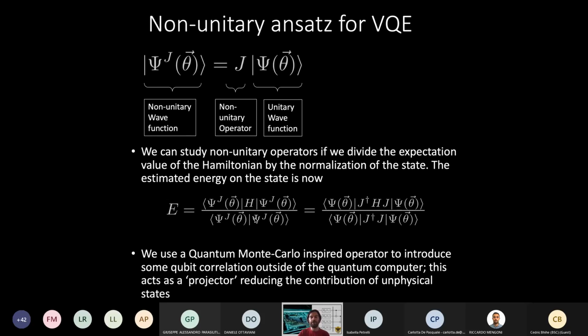So what we have done is, and why we were interested in non-unitary operators, is that there are similar operators in other fields of condensed matter theory, which are quite useful to describe electron correlation. So we were thinking that using a non-unitary operator to in some way filter out